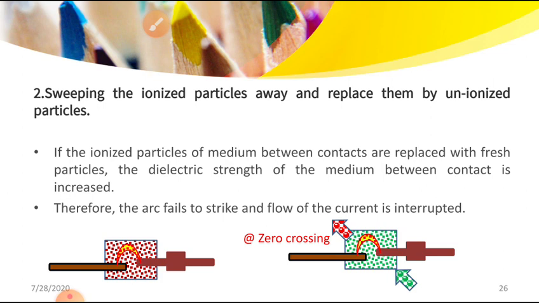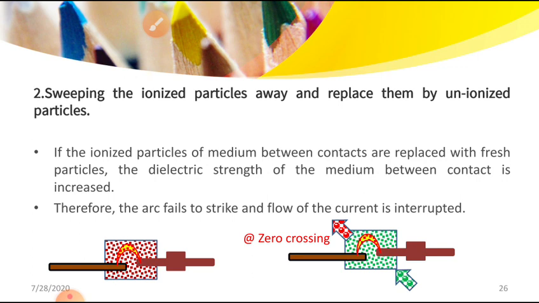Then what will happen? Voltage is developed, with a rate of rise of voltage. That voltage reduces the breakdown dielectric strength of the medium between the two electrodes. Once the dielectric strength decreases, the resistance of the gas between them decreases. If the resistance reduces, the current will try to flow, and the arc is continuous. So our aim is that the dielectric strength of the deionized particles should be increased by different methods.